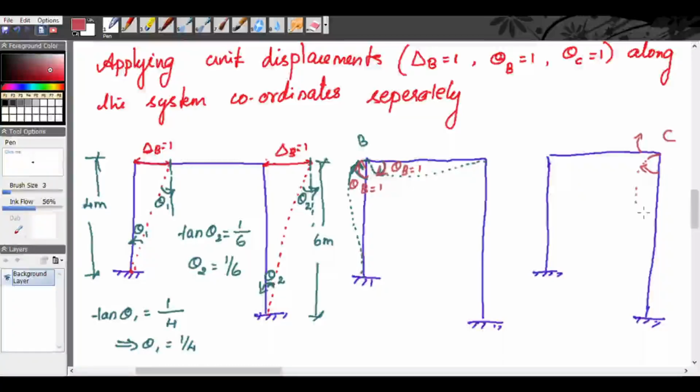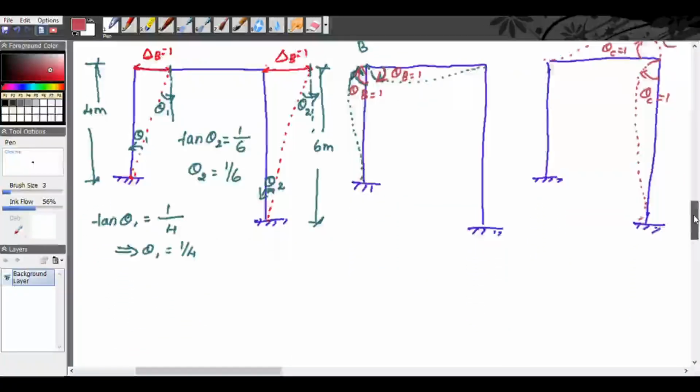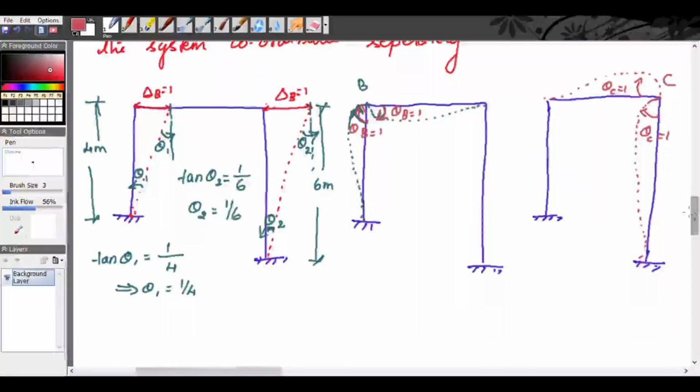So your displacement because of this rotation will be like this, and the displacement because of this rotation will be like this. So here theta C is equal to 1, and here also your theta C is equal to 1. Now we will write the beta matrix, that is our force displacement matrix. So our beta matrix, that is force displacement matrix, will be equal to,